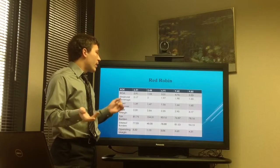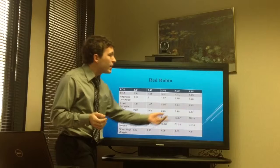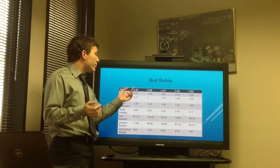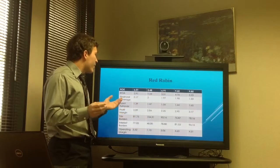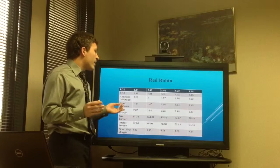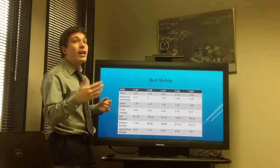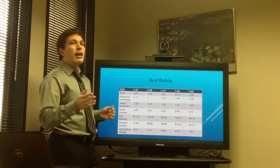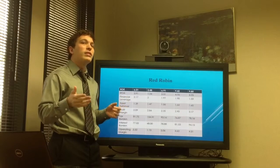Now going on to Red Robin, you can see that they increased in their ROE from 6.31 to 9.85. Their ROA had also increased from 2.91 to 5.23, which is a good sign. And their financial leverage decreased, which is another good sign for them. The reason why their ROA increased was because their asset turnover and profit margin both increased. The reason why I did not pick them was because their ROE was just too low compared to the other